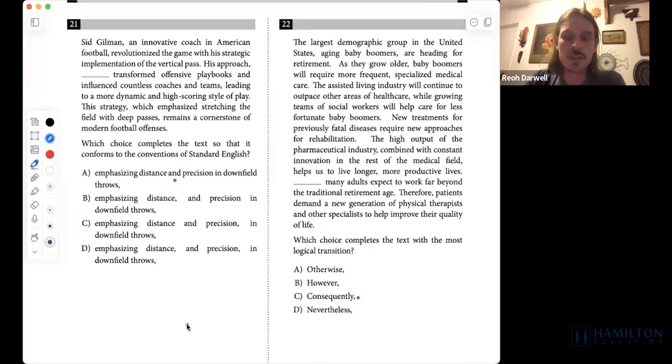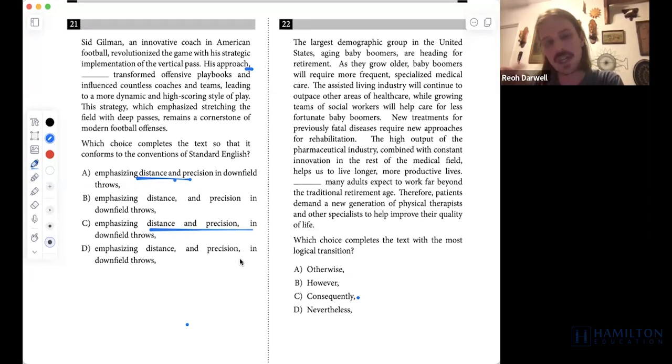All right, so question 21 is a really pretty straightforward non-essential phrase question. Okay, so we have a non-essential phrase begun with a comma here, meaning we need to end our non-essential phrase with a comma, which is what we see in A, B, C, and D. Now we also need to understand that we have a compound thing here, right? So they're doing two things. He's emphasizing distance and precision in downfield throws, right? So these both describe